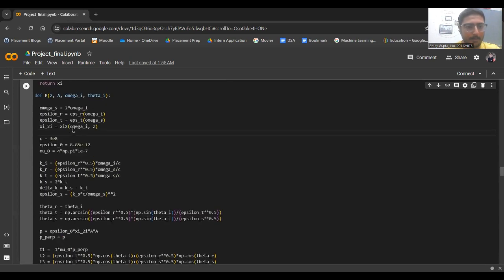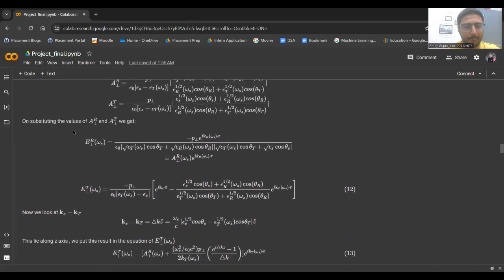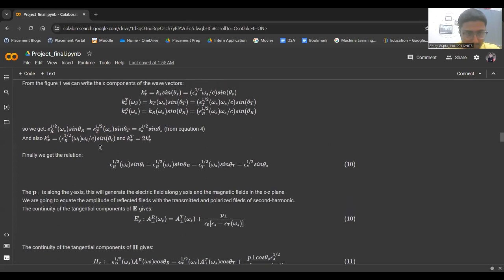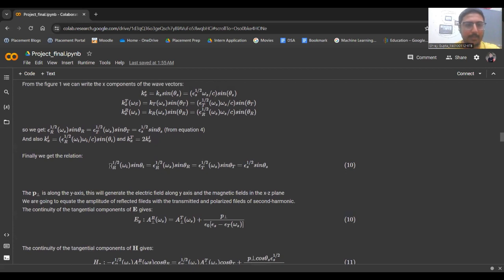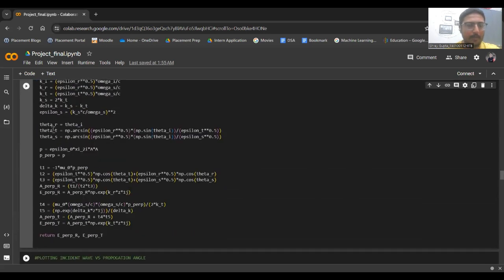So going back to Snell's law, in this equation you can see epsilon r half omega I sine I equals all this following. I have just taken the permittivity under this and taken the sine inverse. So I have written theta r equals theta I, and theta t equals sine inverse of all this following equation,